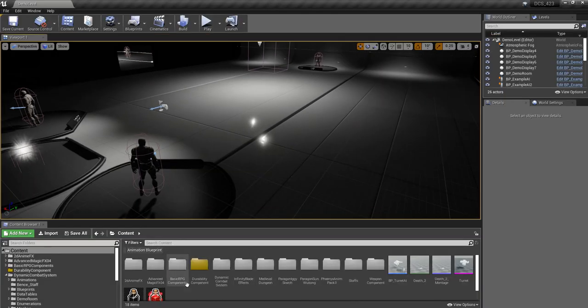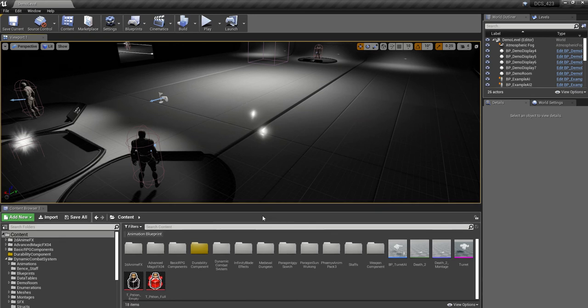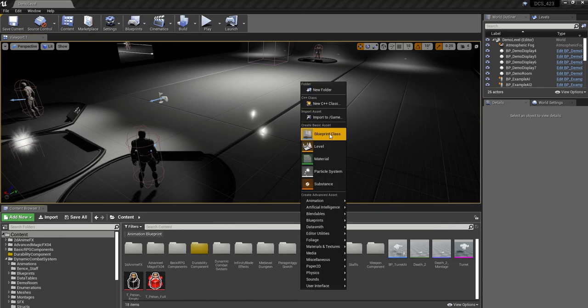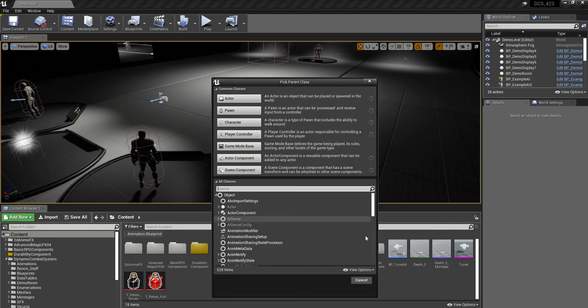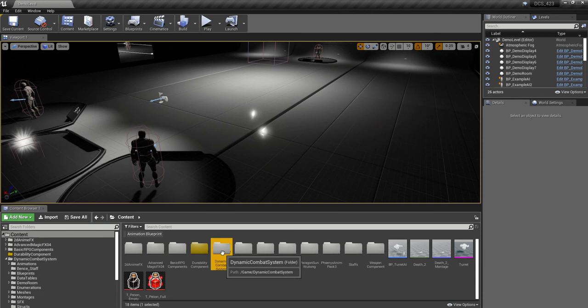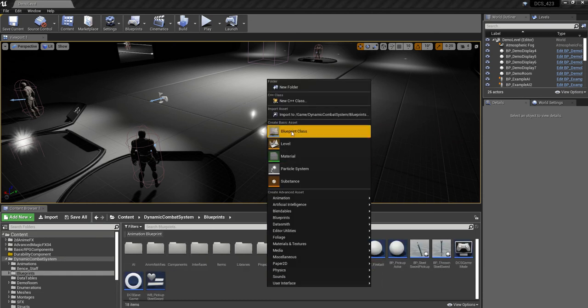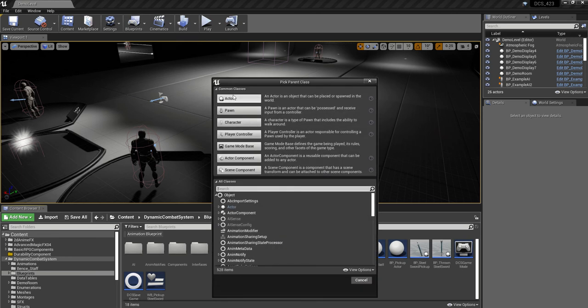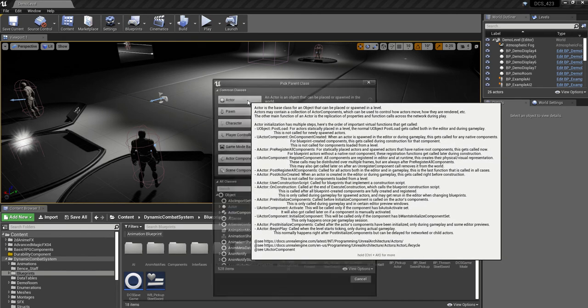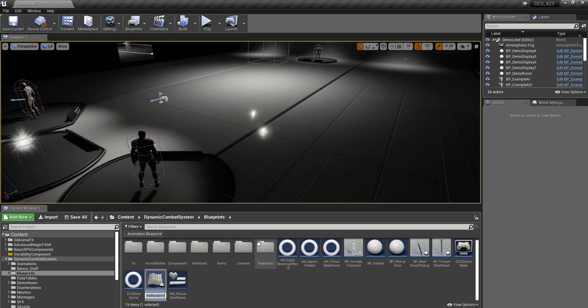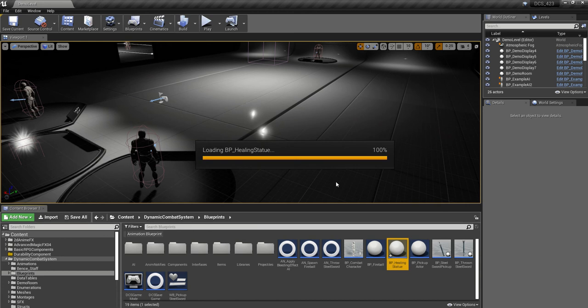So to get started, let's go into the content browser, right click, and create a blueprint class. I'm going to actually go into the blueprints folder here and create it right here. And we're going to create an actor class, and I'll name this BP Healing Statue. And then open up the blueprint,